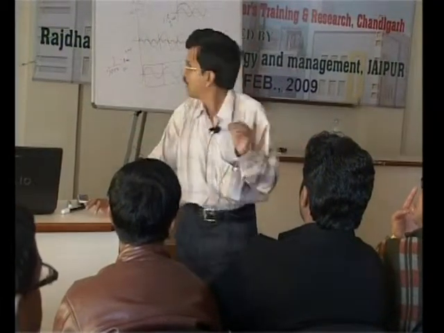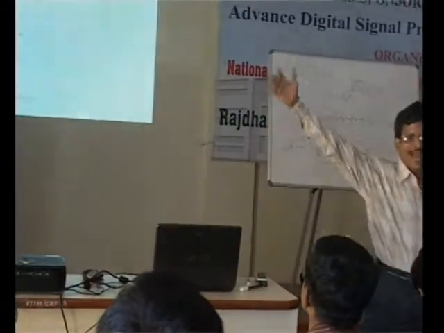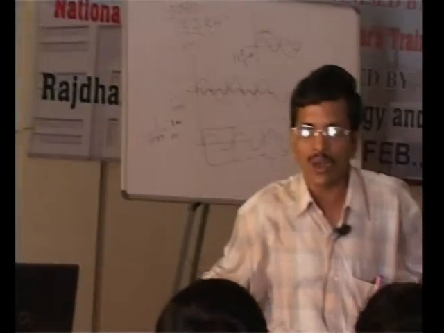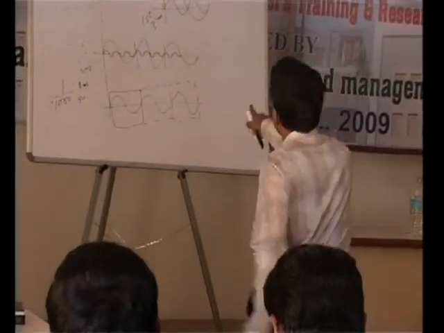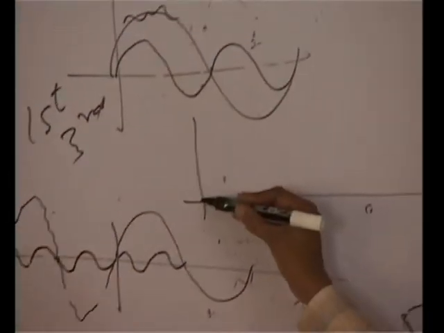One simple example will tell you. So this is the trade-off, because the larger the window, the better is the frequency resolution. The smaller the window, the better is the time information. But how will you choose? Because your signal is unknown to you. You don't know what frequencies are present. You don't know where the disturbance is present. Are you clear my point? So how to choose? Now suppose, take this example. Just I am modifying a signal a little bit.